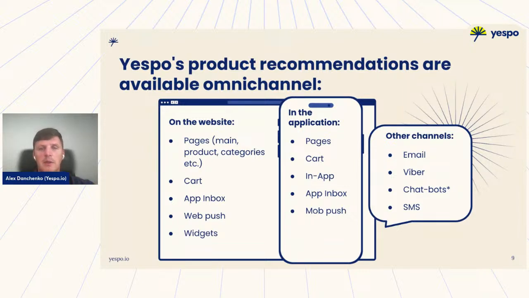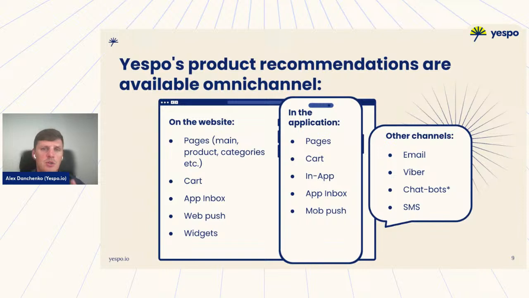But not only on the website, you can also easily implement it in pages inside your mobile application, inside the cart pages of your mobile application, again in the notification center, in the app inbox, and in mobile push notifications. All of them can include the description, the image, and the name of the product, or some sentences related to the product, which is most probably relevant for this particular user of your mobile app right now.